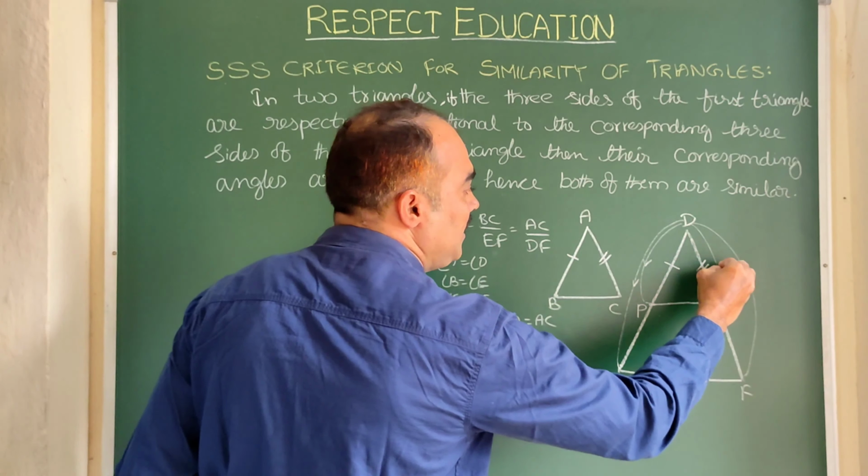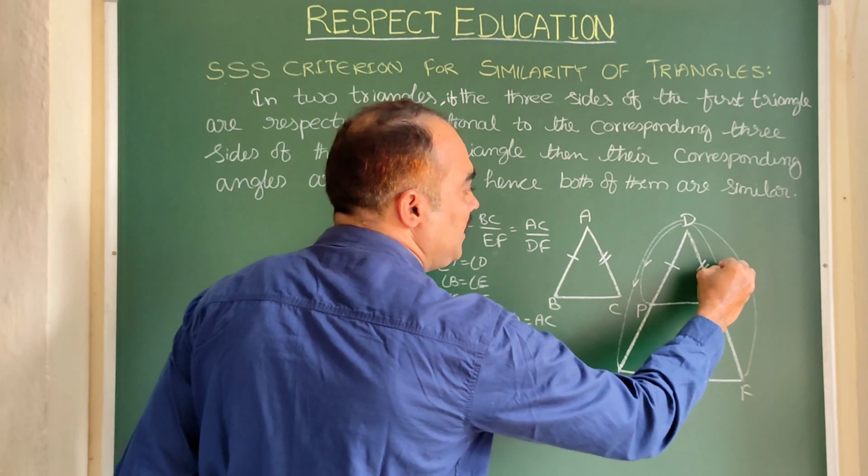When lines are parallel, their corresponding angles are equal. So here angle P is equal to angle E, and angle Q is equal to angle F. So let us mention it: corresponding angles are equal. Right? Now at this moment let us compare both the triangles. When angle P equals angle E and angle Q equals angle F, let us shift the entire problem to one triangle, that is DEF, in which PQ is parallel to EF.